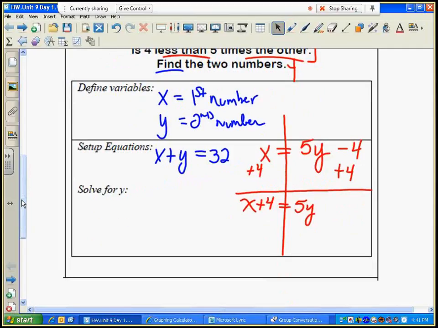Before I do, though, I want to ask you, over here on the left, how many x's do we have there? You should tell me we have 1. Now, there's a reason why I put that 1 there, and you'll see it here in a second. When I divide away that 5, I get my y equals. On this left side, you now can see that fraction. That's 1 over 5. That's 1/5 x. On the second number there, that's plus 4 over 5. That's 4/5. Hey, that is our second equation. 1/5 x plus 4/5. So as I go to my calculator, I'll put 1 divided by 5x plus 4 divided